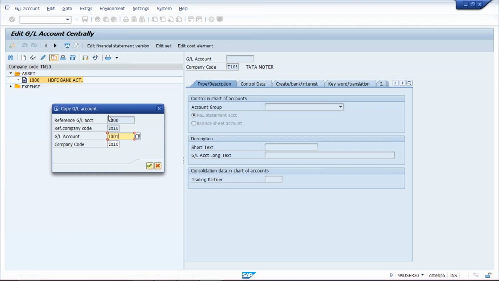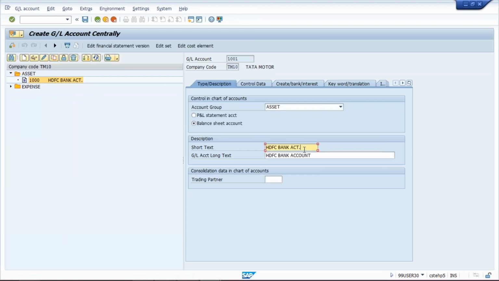I am going to copy this HDFC bank account itself, press enter, and change the name. Petty cash account I have given. And the remaining settings will be the same.